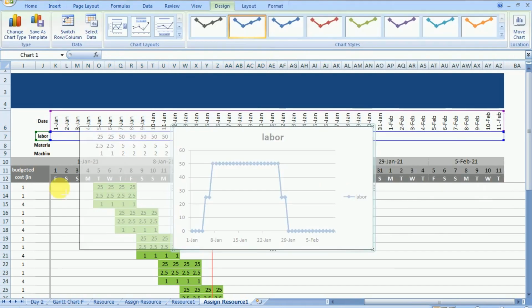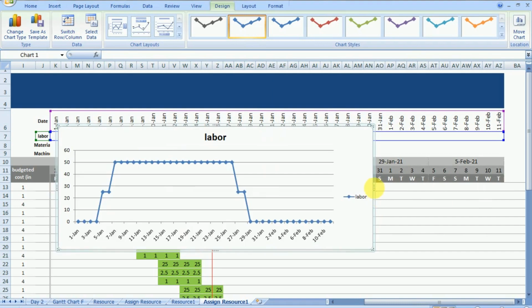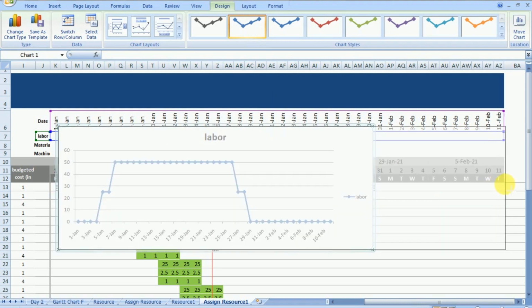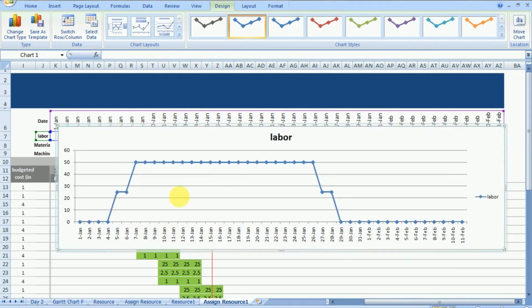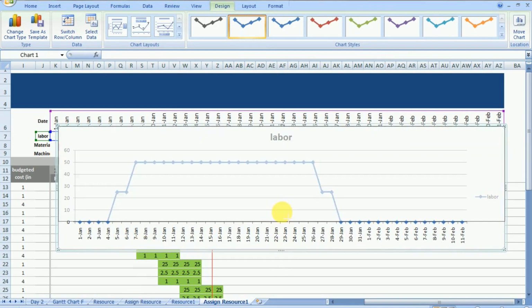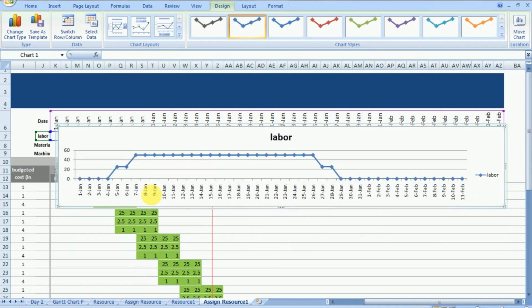Now in a simple way the graph is created or plotted by Excel between the labor required per day, and it's plotted on the time scale, making it very convenient for the user to understand the graph.